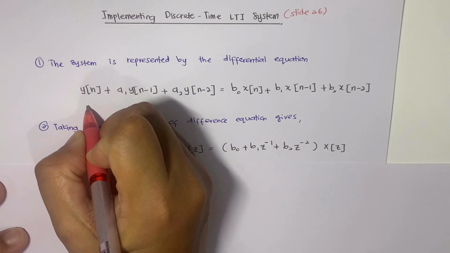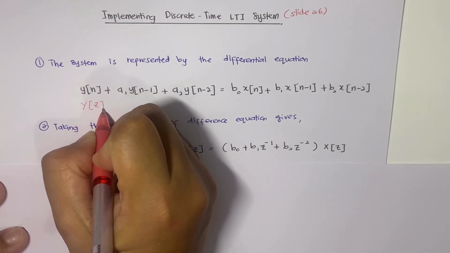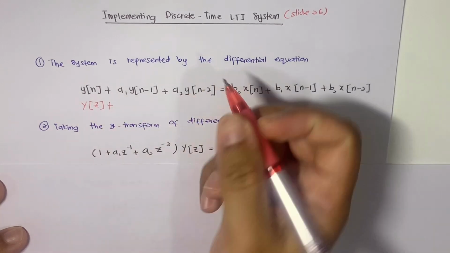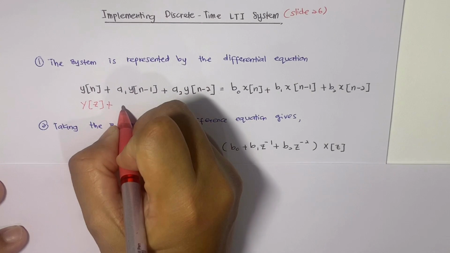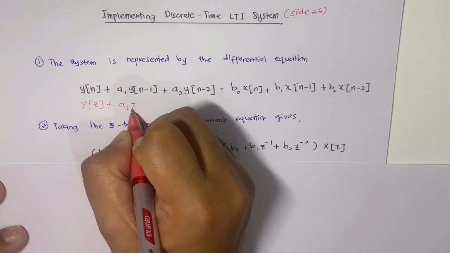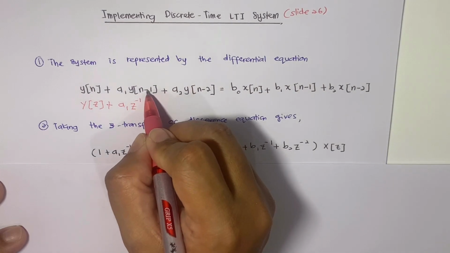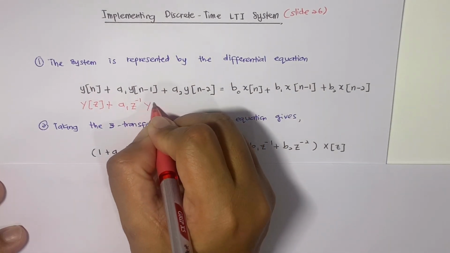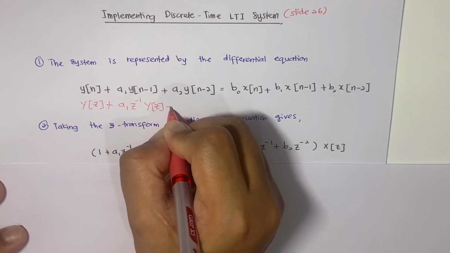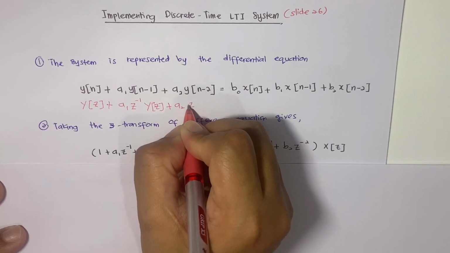The first y[n] will be Y(z), plus the second term, we know that it is a1 z to the power of negative 1 because of the minus 1 here, so a1 z^-1 Y(z), plus a2 z^-2